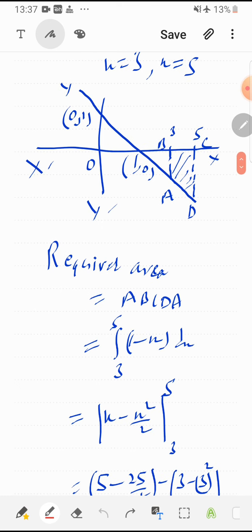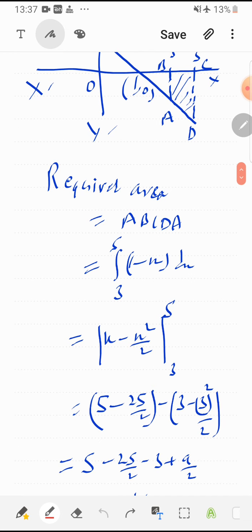Now write y in terms of x. So this is very easy. Integral of (1 minus x), that is x minus x square by 2, with limits 3 to 5. Now this step is very sensitive. This is easy, no doubt, but sometimes students in overconfidence or in a hurry, they just don't write it properly and they make silly mistakes. So I especially recommend that you please apply brackets. Just take care of powers, negative sign, very important. These are very simple things which we have been doing from our elementary mathematics, so please be careful.